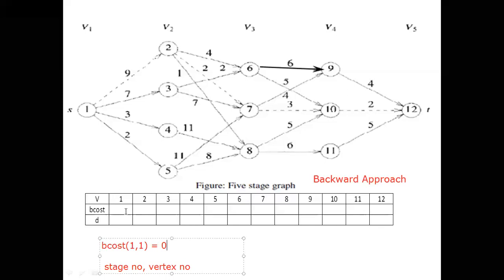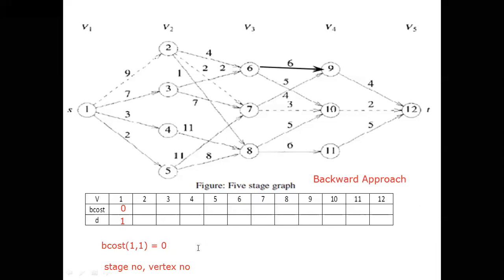In the first vertex, correct? I have to make it as 0 here. Now I should find out the D value. What is the D value? You have to see clearly. Here D is written as from which vertex it is penetrating. 1 is penetrating to 1 itself. From which vertex is it penetrating to 1? It is from 1 only. That's why I will write the D value as 1.